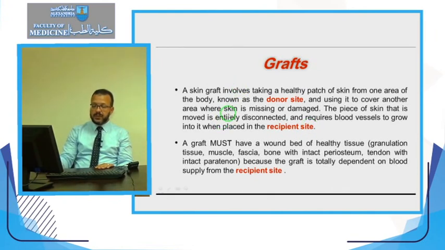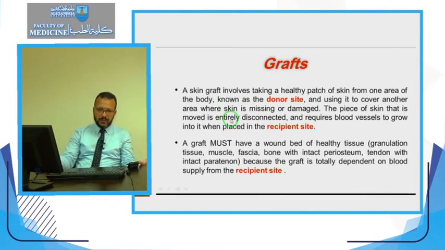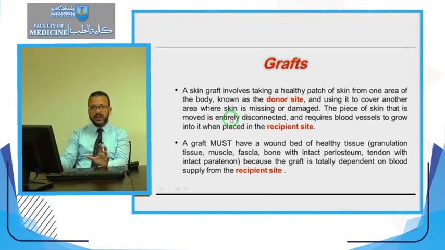Skin graft. When we're speaking about transplantation of tissue, we are transplanting a piece of tissue from one place, which is called the donor site, to another place, which will be called the recipient site, which is the defect that we want to reconstruct. When we begin to transplant tissue, we have to think how this tissue will get its blood supply.